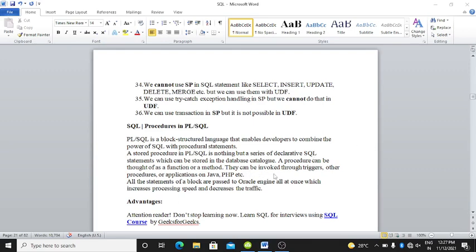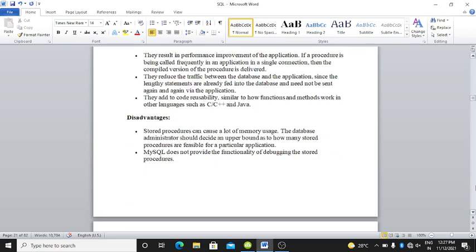They can be invoked through triggers, other procedures or applications in Java, PHP, etc. All the statements of the block are passed to the Oracle engine all at once, which increases the processing speed and decreases the traffic.